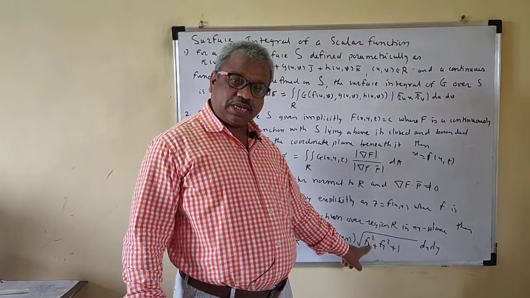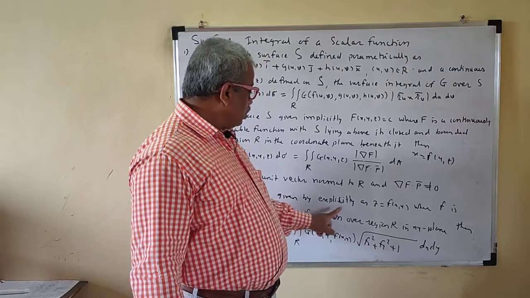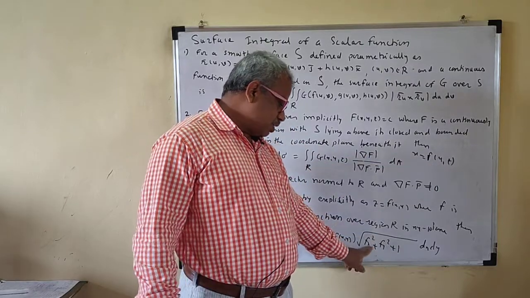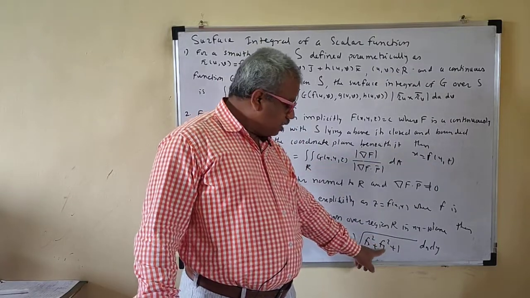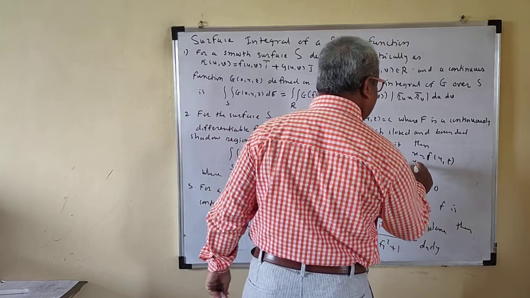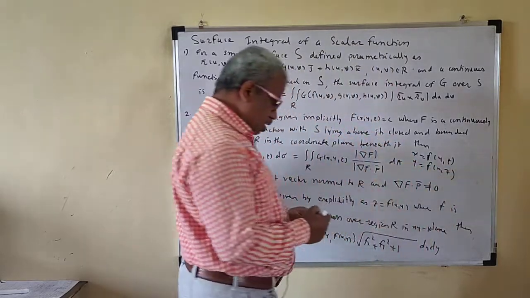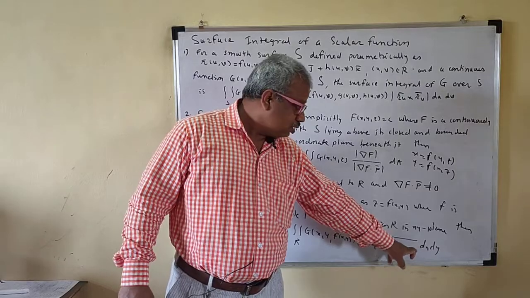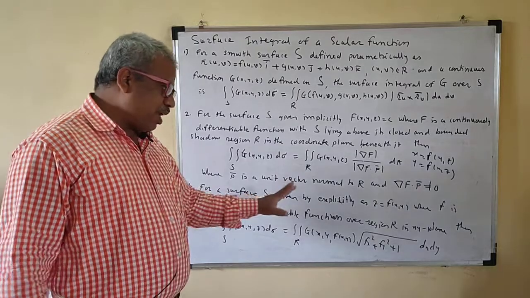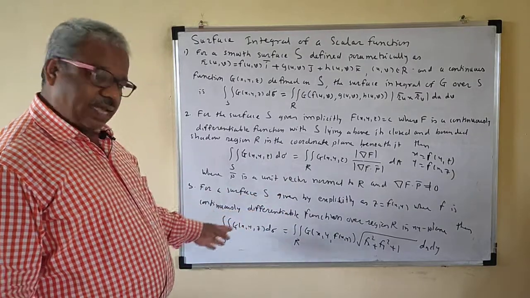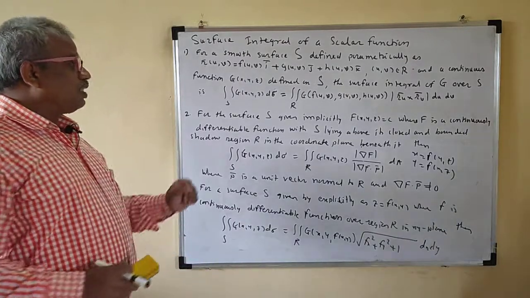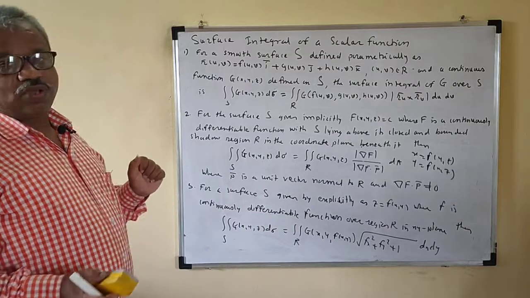Now the first partial derivative is with respect to x. Here z is a function of x and y, so this should be the partial derivatives with respect to y and z. So this is f_y squared plus f_z squared plus 1, with dy dz here. If it is y is equal to f of x, z, then it is dx dz. Make this change here. Everything is provided to you; in a question, which of the following is correct, the formula will be there.